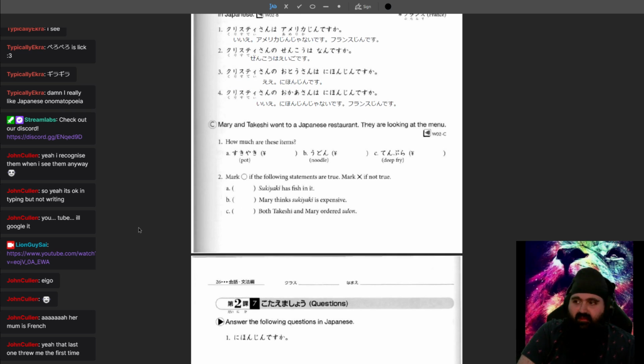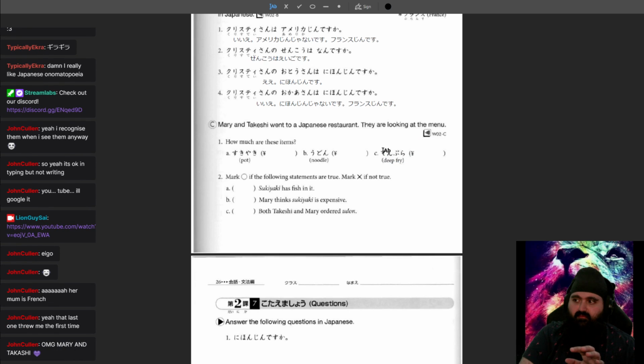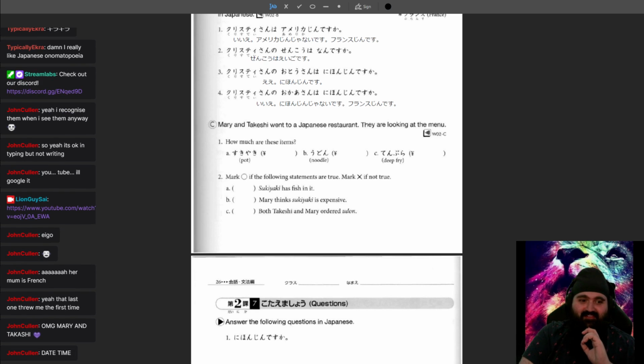Final conversation. Mary and Takeshi went to a Japanese restaurant. They are looking at the menu. メアリーさん、このレストランの天ぷらは美味しいですよ。 As for this restaurant's tempura, it's delicious. So we can look over here, because it says tempura. Mary and Takeshi. It's the precursor to everything. Date time, sort of. 天ぷら？天ぷら